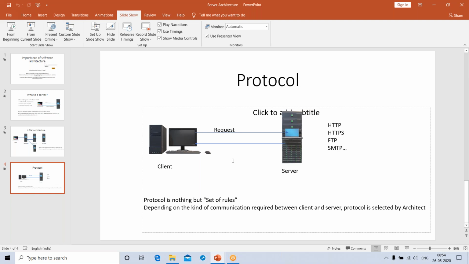The time should be a fraction of seconds for it to reach, because the industry standard for any response time is only 2 seconds. What is the meaning of response time? Response time is nothing but the round trip time taken. The starting point of the request goes all the way from one server to another server, and then comes back to the client again. So everything should happen within a fraction of seconds.